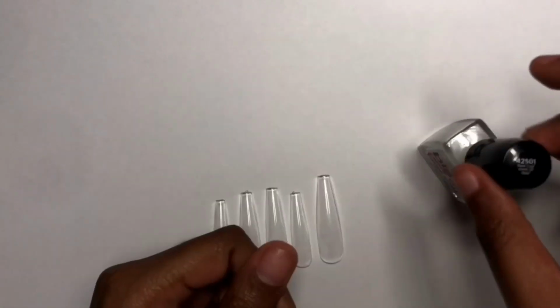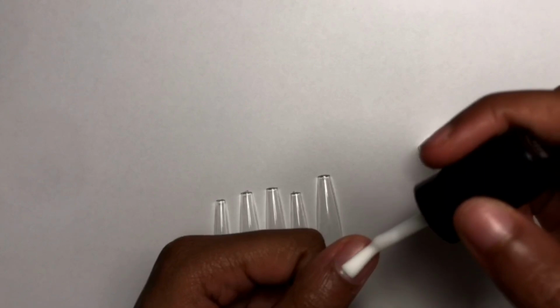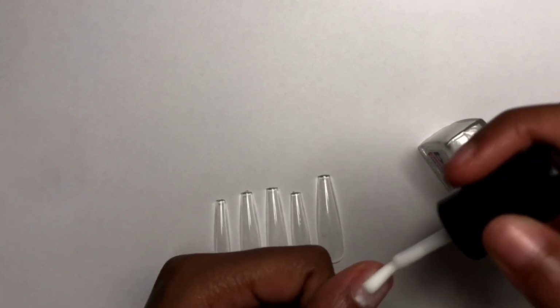For this video, I'm going to be trying out the Apres method. This is my first time trying this method. I've never done it before, but I'm using the full cover extra long coffin nails from Aliexpress, and they're supposed